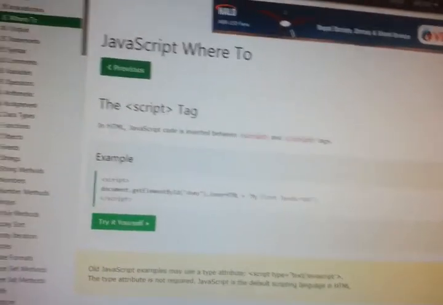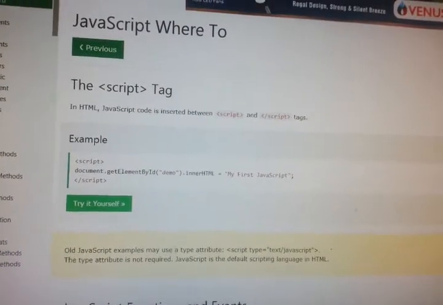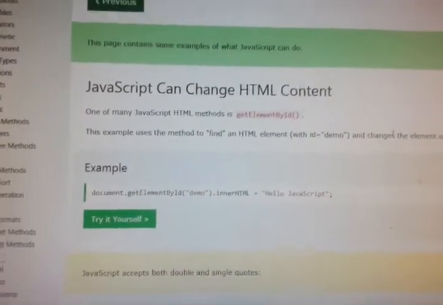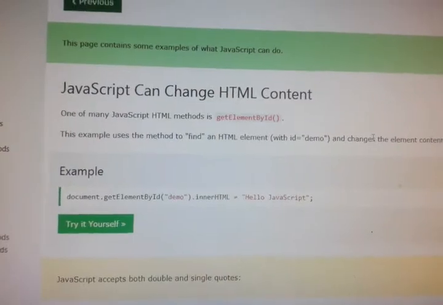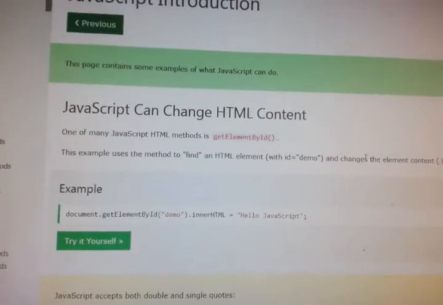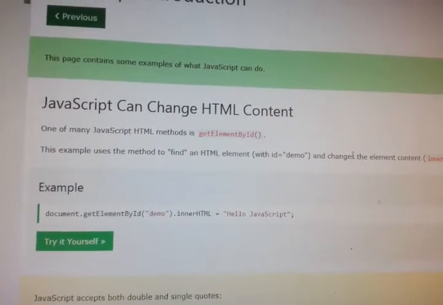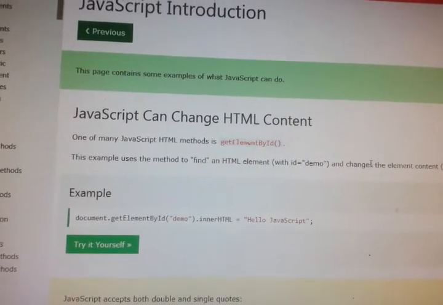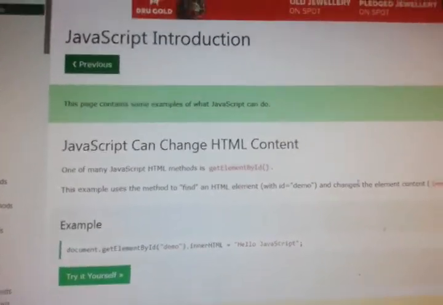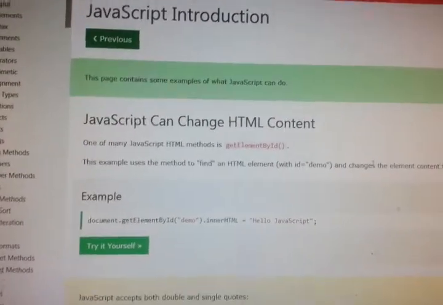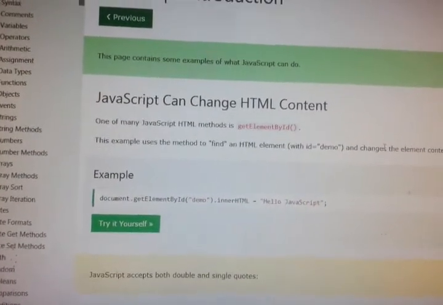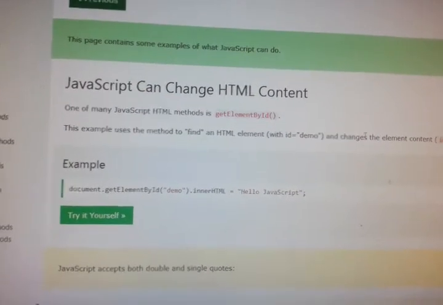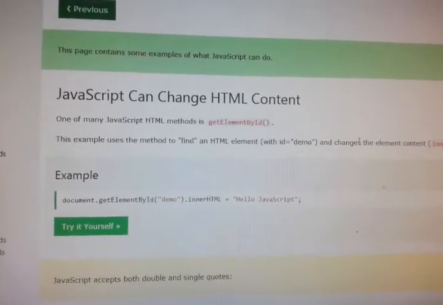Where we have to write this JavaScript, we will see now. JavaScript can change HTML content, and one of the many JavaScript HTML methods is getElementById, meaning finding an HTML element with an ID and changing the element content.